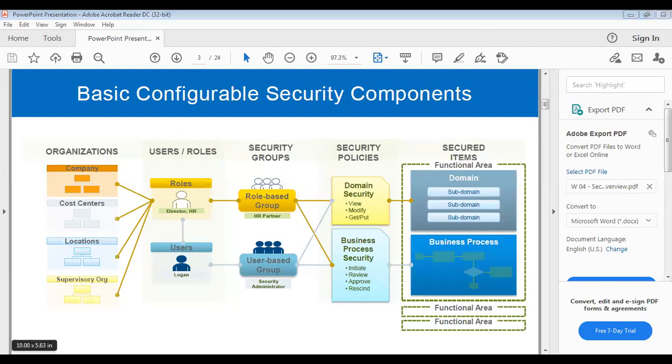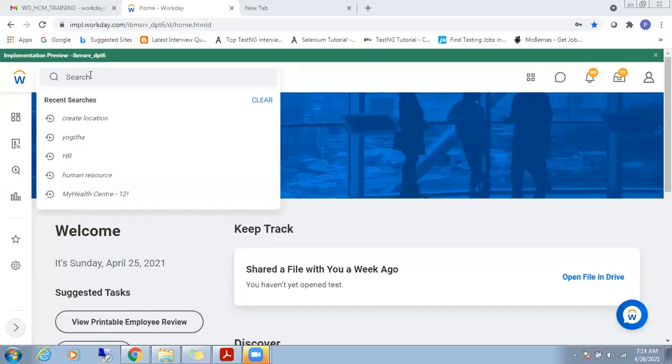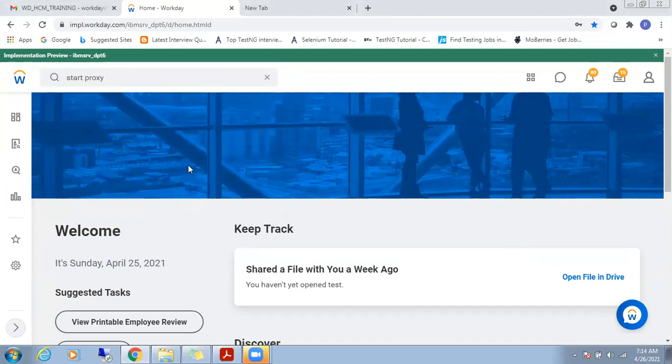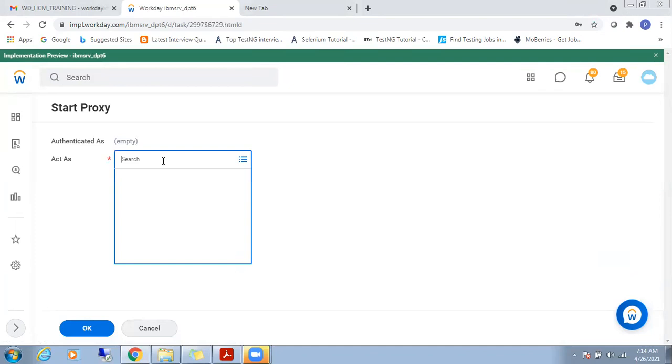Let me show you. See here. Can you see that tenant? I think it's quite slow today.